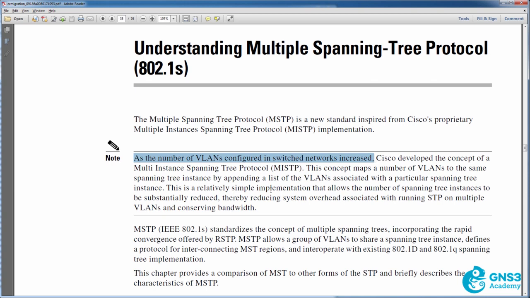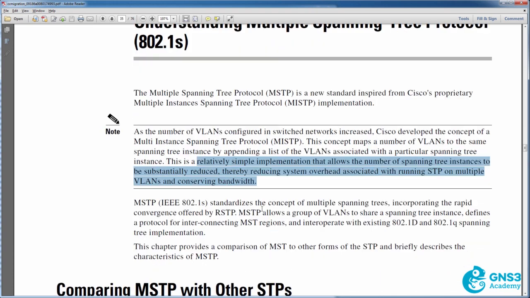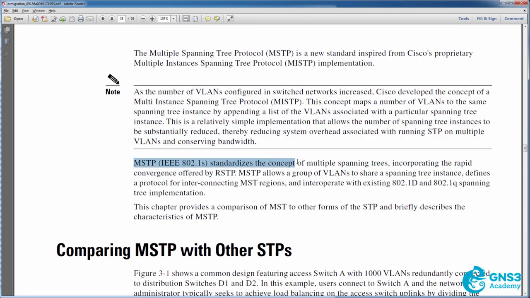But with multiple spanning tree and the proprietary multiple instance spanning tree that existed before it, you can map a number of VLANs to the same spanning tree instance. It's fairly simple to do this, but the idea is if you had 1,000 VLANs, you would allocate 500 to one instance and the other 500 to another instance, which means you only have 2 spanning tree instances rather than 1,000. So multiple spanning tree standardizes the concept of multiple spanning trees and incorporates the convergence of